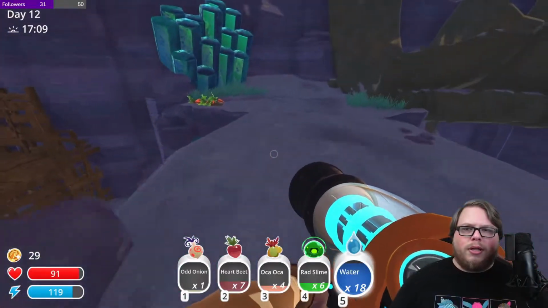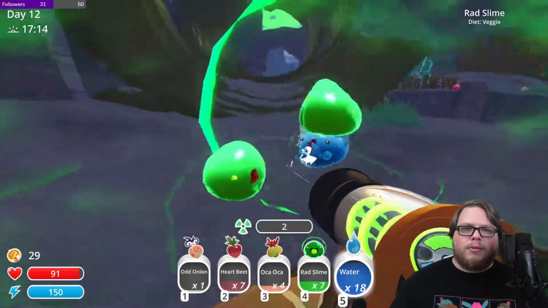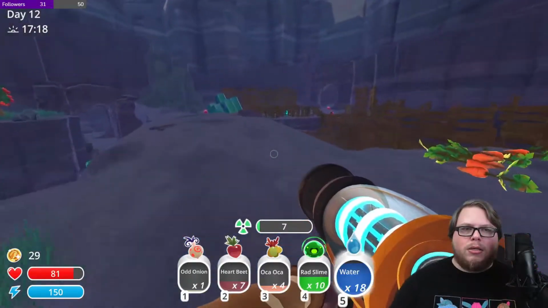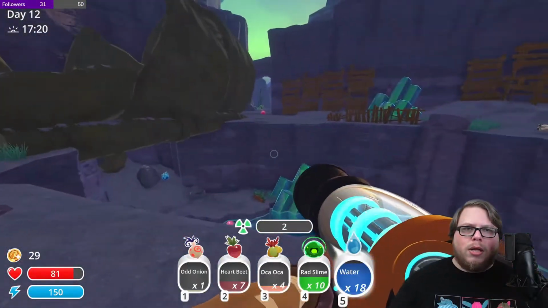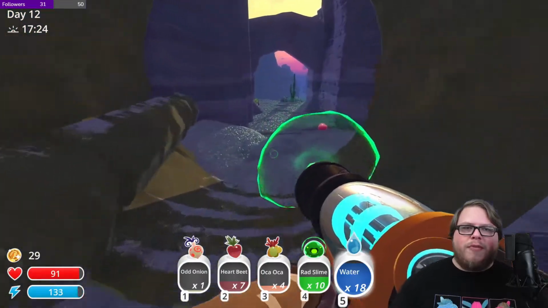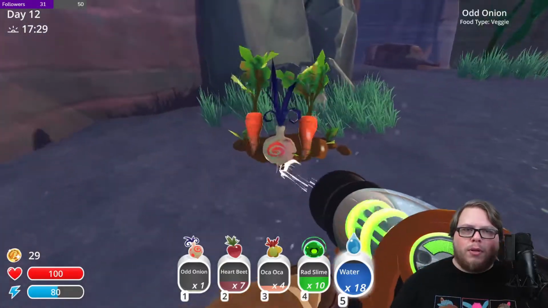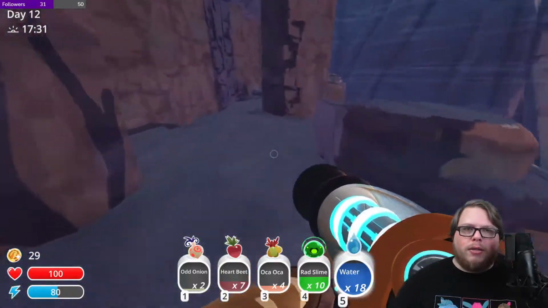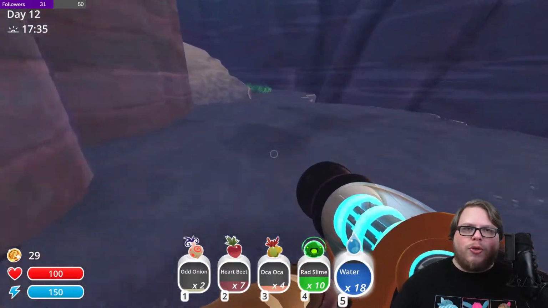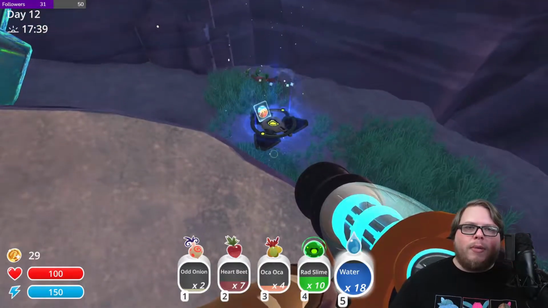All right, let's see. Well, we don't need carrots. This is more rad slimes than I really need. I've also managed to get myself pretty well turned around. They're safe when they're in our pocket, just not when we're like encountering them in the wild. We do want that odd onion. Man, I'm almost tempted to throw up a bunch more farms just so that like I don't have to go out and look for these things later. Like now I'm thinking about...